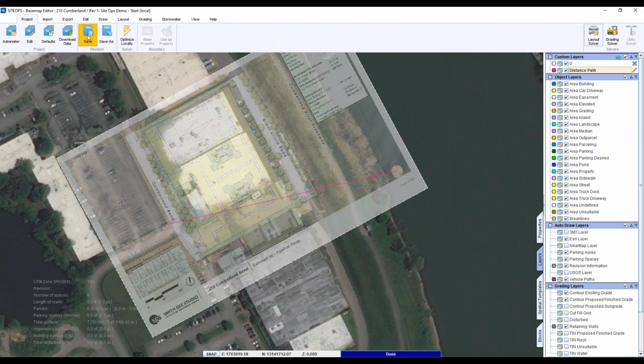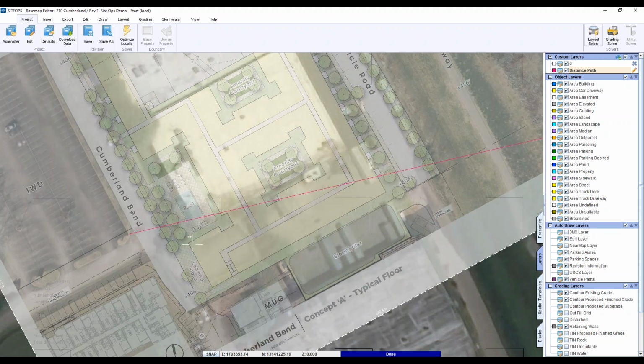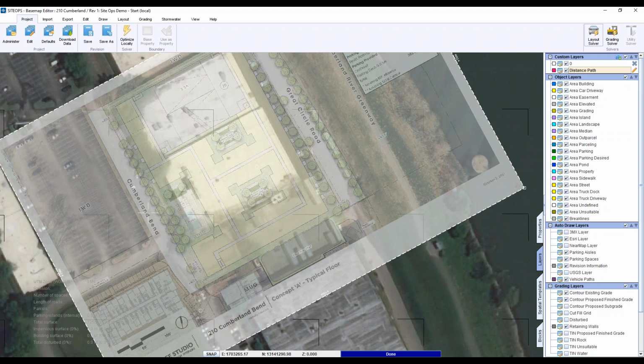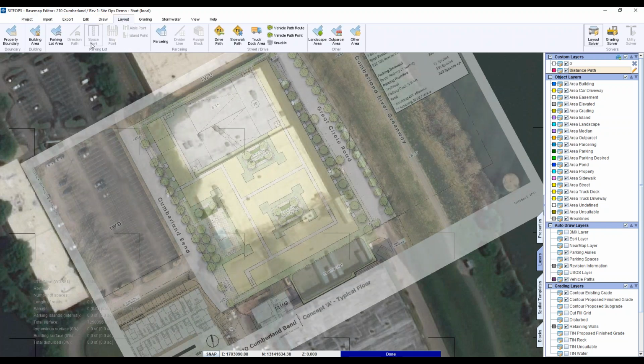So I always like to hit save when we're in there so we don't lose our work. All right, now next step. First, we're done with that, so delete that guy. Next step is to get the boundaries of our property, because we're going to have to import topo, and we don't want to import more topo than we need. So let's go into layout and hit our boundary. This is going to be the edge of our work, the disturbed area.